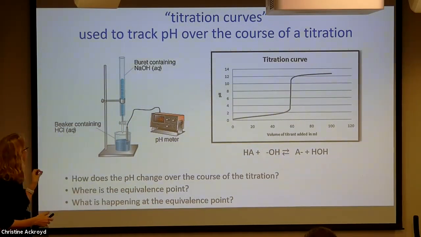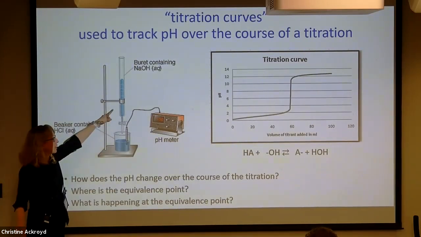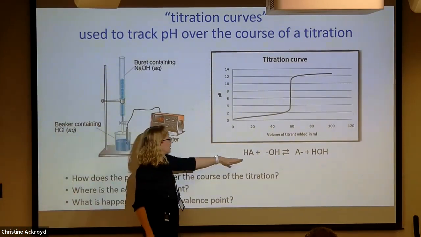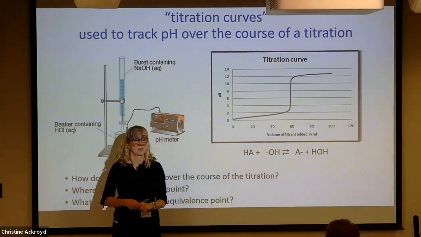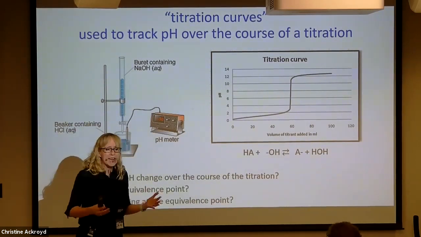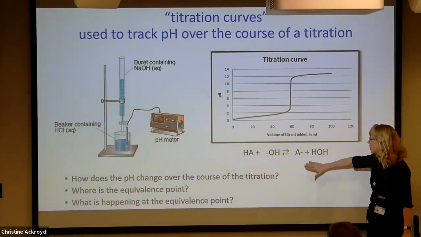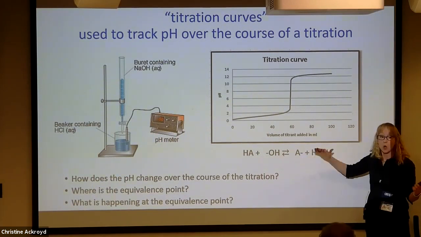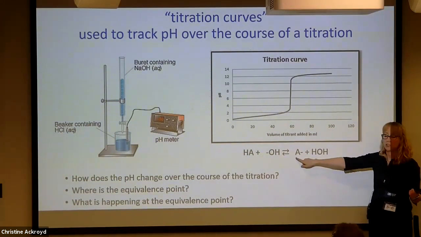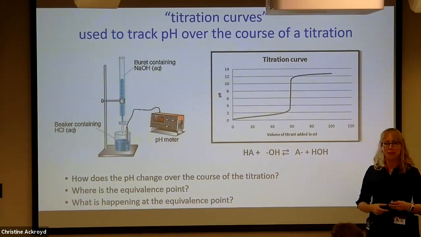Okay, if we are titrating a strong acid, which is hydrochloric acid, with sodium hydroxide, what we're getting is HCl reacting with hydroxide to form chloride ion plus water. At the end point of the titration, we've taken all of our HCl and converted it to chloride plus water. We haven't added any extra sodium hydroxide. So the only thing we have present in the solution is chloride ion and water. If I have a solution of chloride ion in water, what should the pH be?